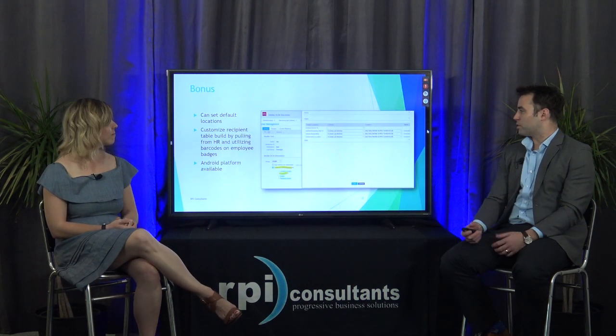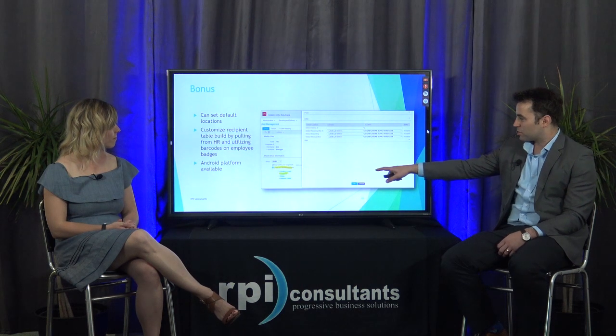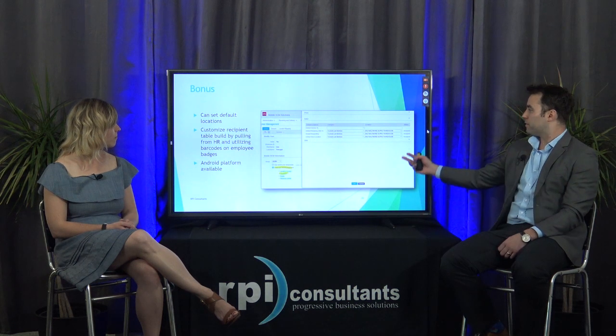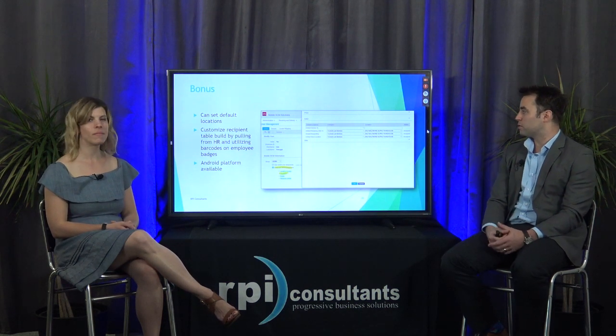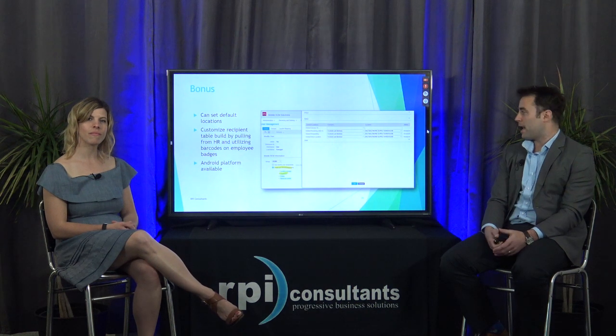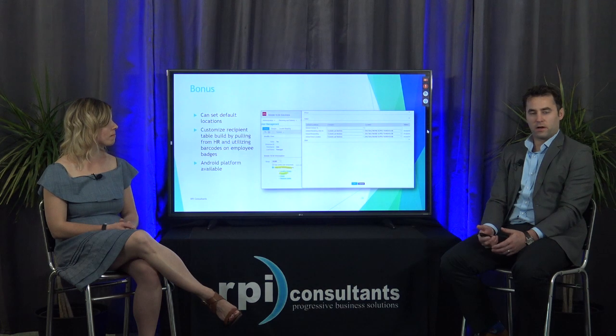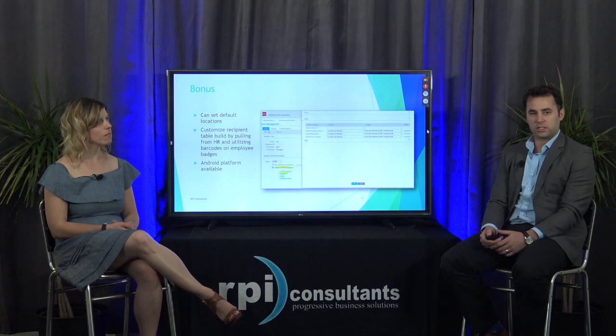Bonus. All right, so some other functionality that's available is you can set default locations for your receiving and delivery personnel. That's done in the user setup screen. You go in and create new default assignments and go to the locations options, and it brings up the various functions that you could do within receiving and delivery, and you could define a default company and location for those users depending on where they typically receive if you have multiple locations